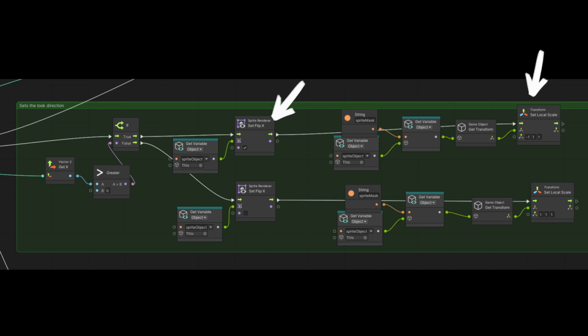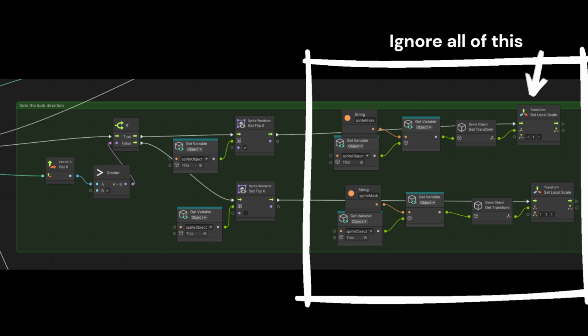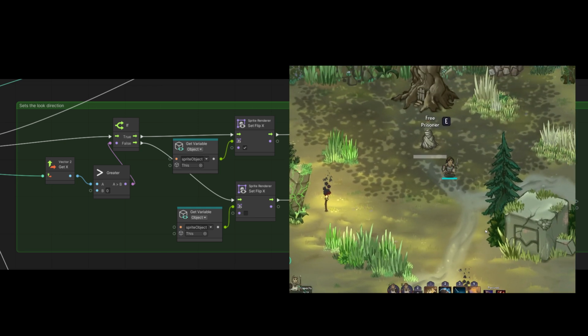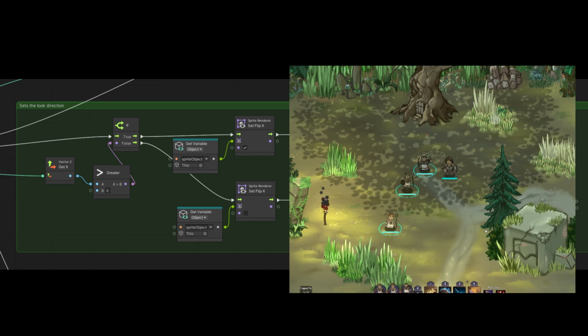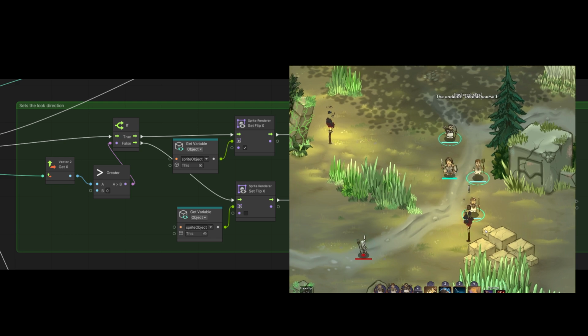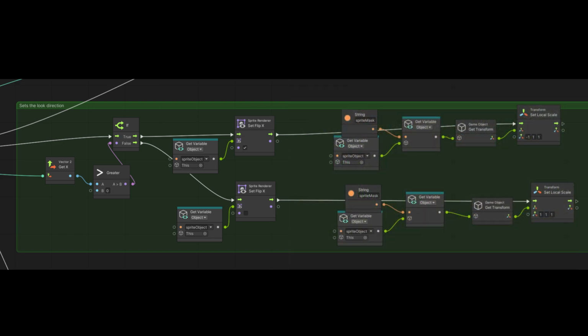And there's a few reasons for this, but in a nutshell, you can go ahead and disregard the sprite mask and the local scale part of the strategy. I have to implement special logic and special architecture to support shadows on top of my players. So for example, if a player or a unit passes under a tree with a modeled shadow, I have special logic that accounts for making that look special using something called a sprite mask. That's not important to this demo, so let's go ahead and just focus on the flip X node for the